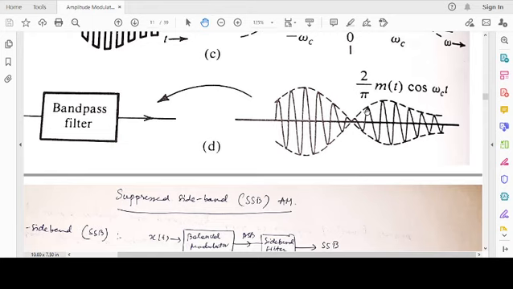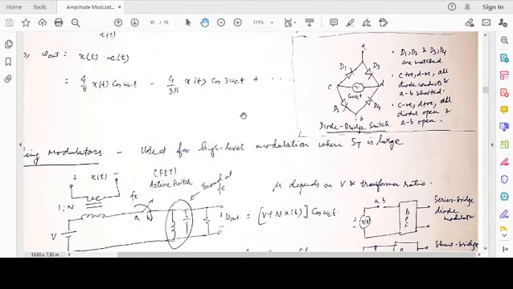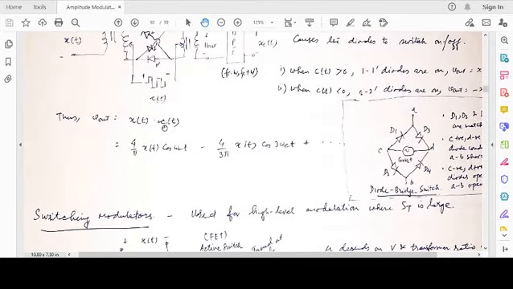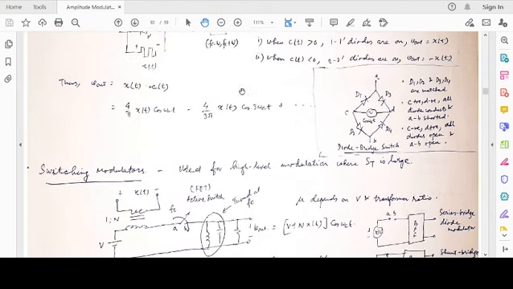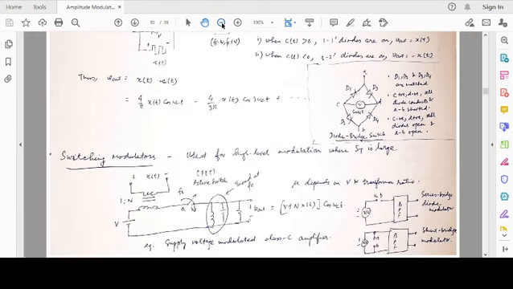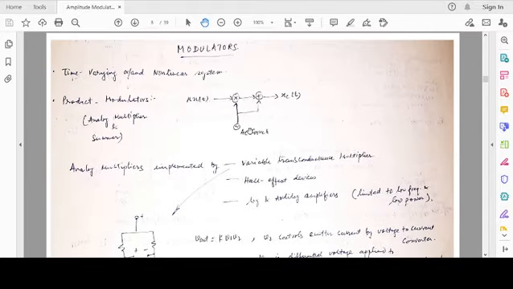It's very similar to the ring configuration, except that now it can handle more power. Here the output was x(t) and minus x(t). Here the output was x(t) and 0, grounded. So anyway, what we had done is we had discussed various kinds of modulators, the building blocks, the heart of the communication system, which modulate. The same thing can be used for demodulation.